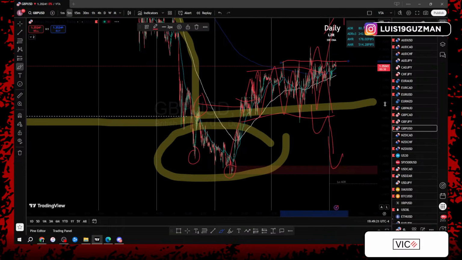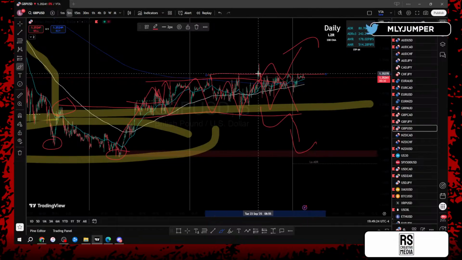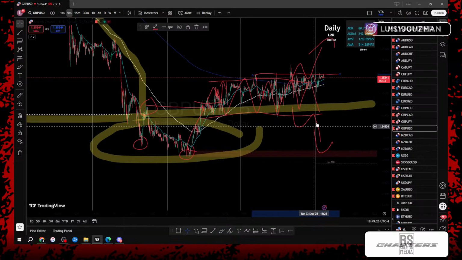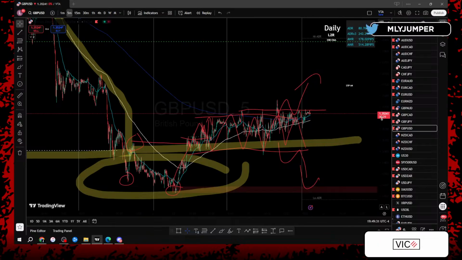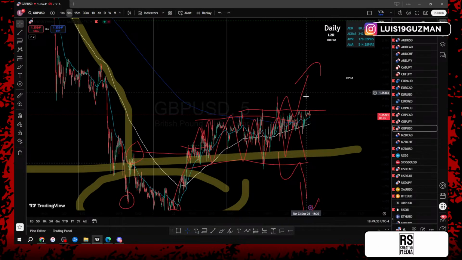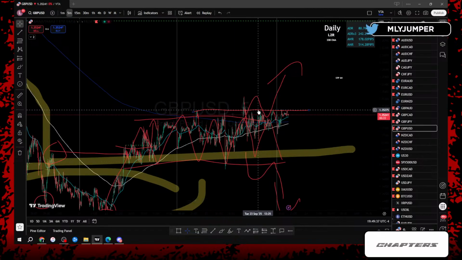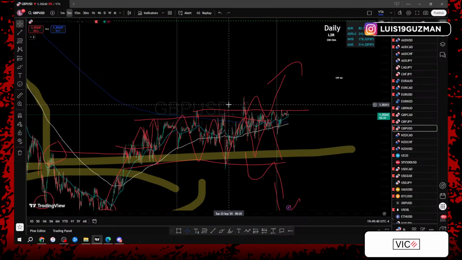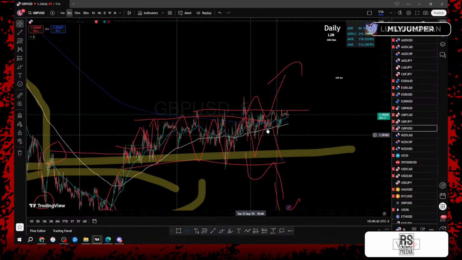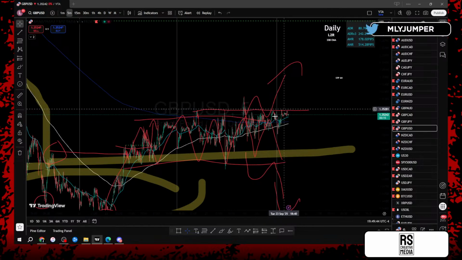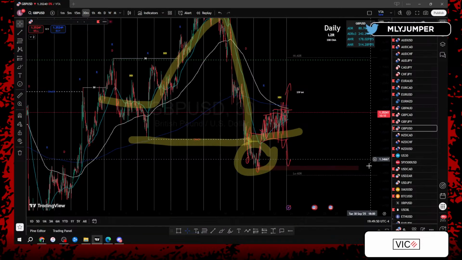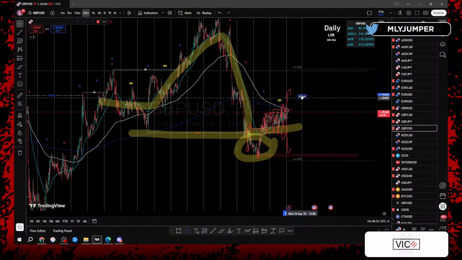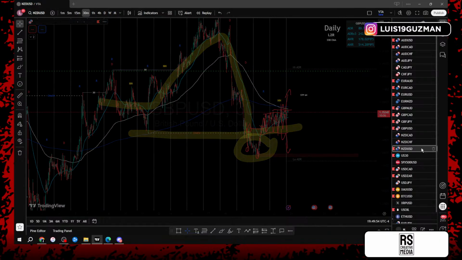Alright, so for GU, we know we're looking for a valid break of these highs. Also, as confluence, we have the 800 EMA. We have the confirmation of the 800 EMA. So the fact that the break of the BOS of the structure and the break above the 800 is happening in the same place, it's gonna be a good place to start looking for a trade. So definitely keeping GU on my watch list for tomorrow.